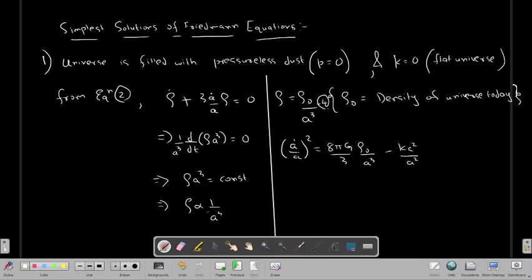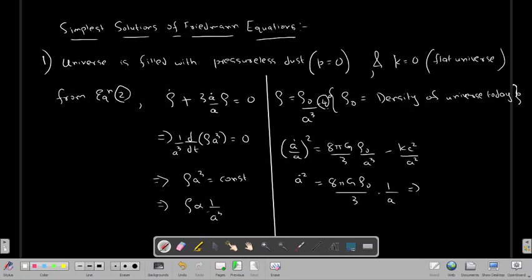So I can take this a square outside, and the value will be a dot square is equal to 8 pi G rho 0 by 3 into 1 by a. And if you integrate this whole thing, then you will get